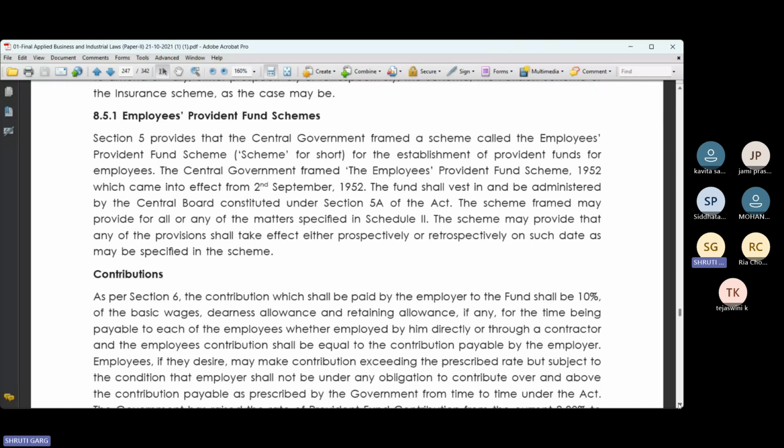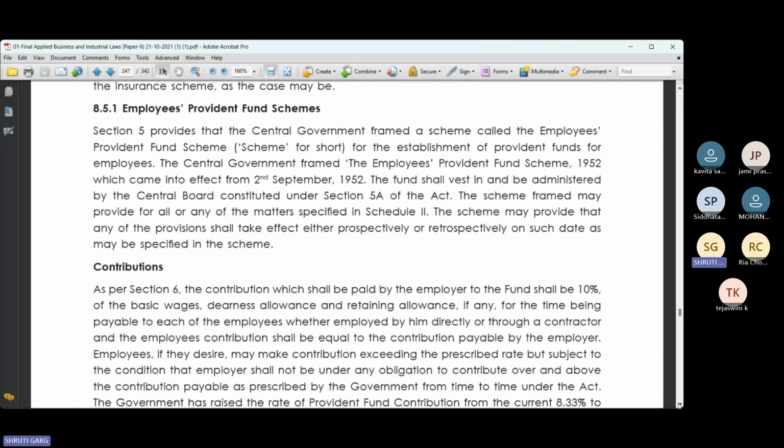Employees provident fund scheme, section 5 of the Provident Fund Act. The central government framed a scheme called the Employees Provident Fund Scheme. In short, it is called the scheme for the establishment of provident funds for the employees. The central government framed the Employees Provident Fund Scheme 1952, which came into effect